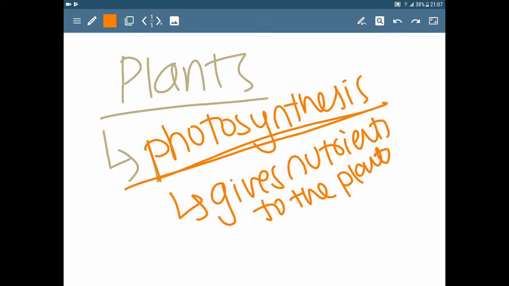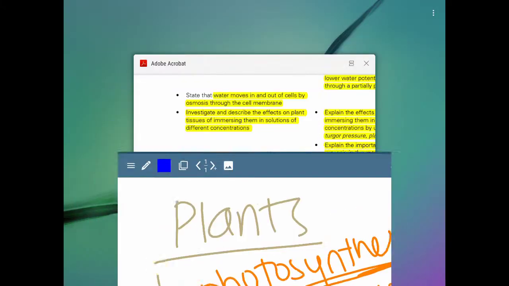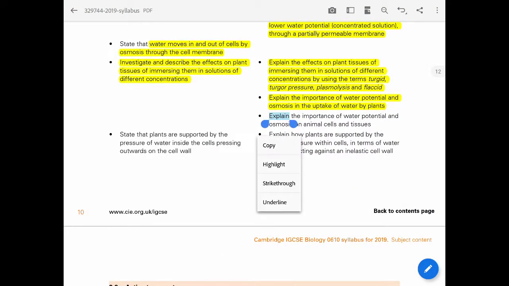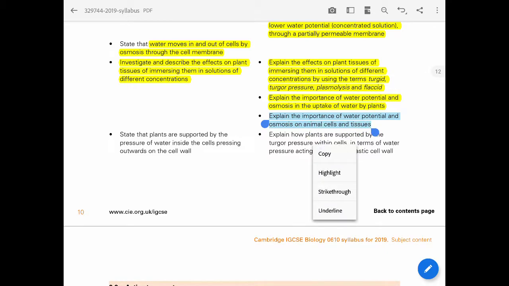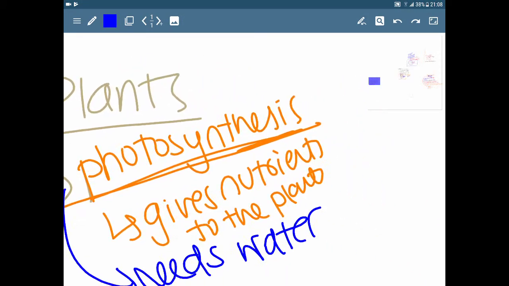Okay, so photosynthesis needs water. You need water for photosynthesis. Now, explain the importance of water potential and osmosis in animal cells and tissues. Okay, now in animal cells,